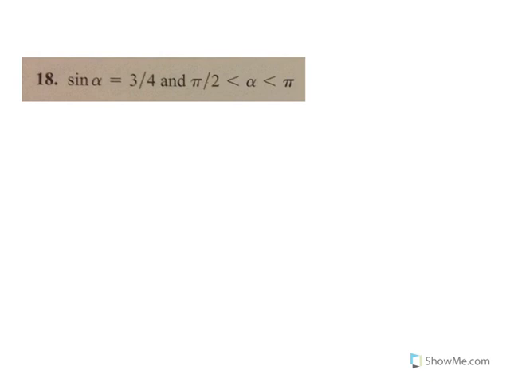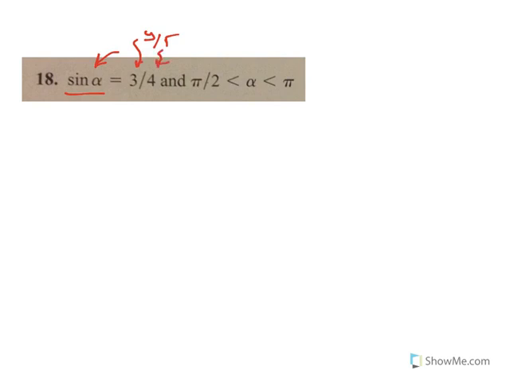Section 3.1, this is going to be number 18. So here is your given information. We know the sine ratio at some angle alpha has a ratio of 3 to 4. So if you remember your definition of a sine ratio, we know sine is y to r. So from this information, we're basically being told that the y value must be 3 when the r value is